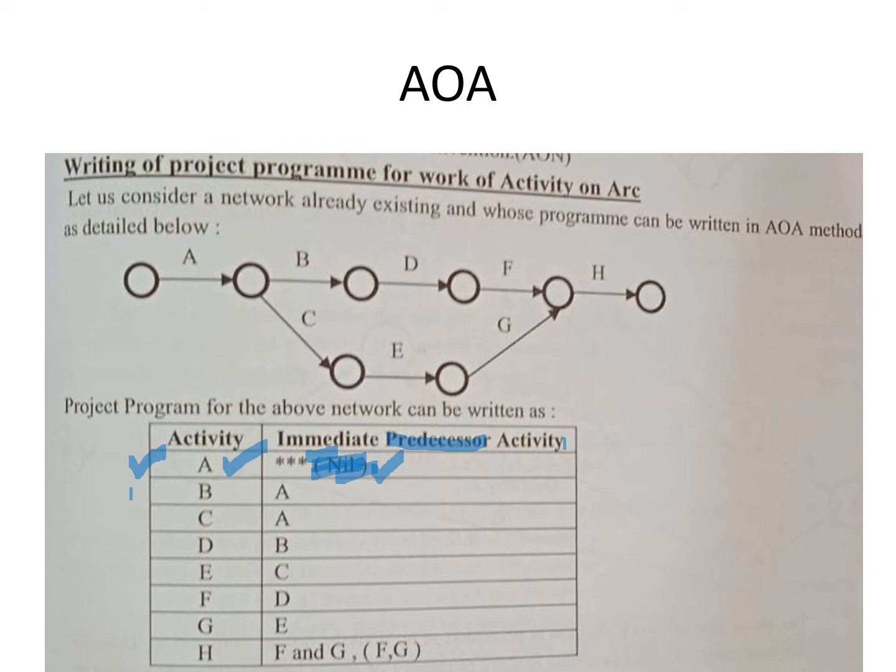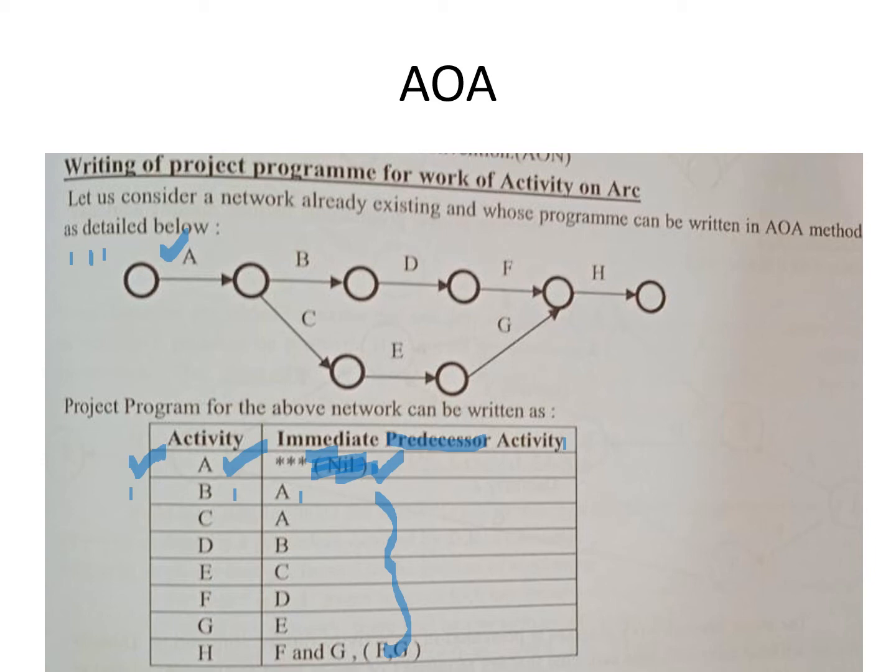Now the next activity in sequence is B, predecessor is A. So all of it, as you can see, is arranged in a sequence, right? You first of all list it down and arrange it in a sequence. Now that it is in a sequence, let's have a look at the activities. So first of all, you have activity A. This does not have any preceding activity. There is no preceding activity over here.